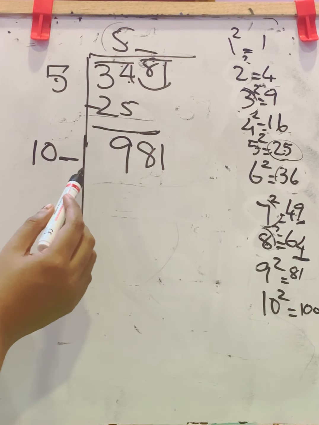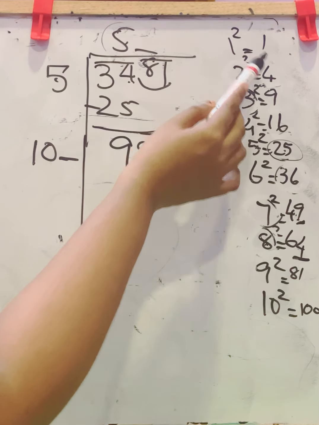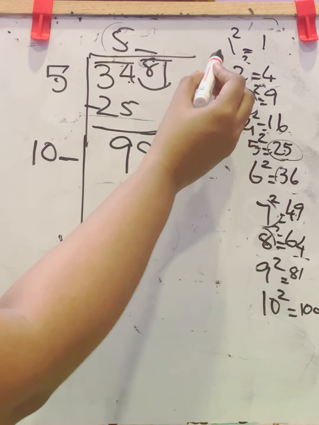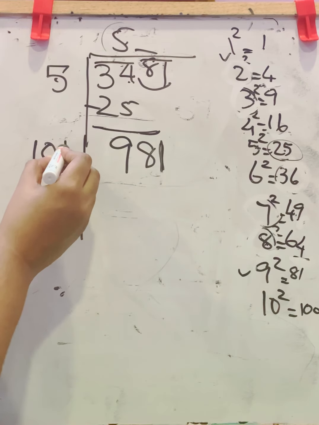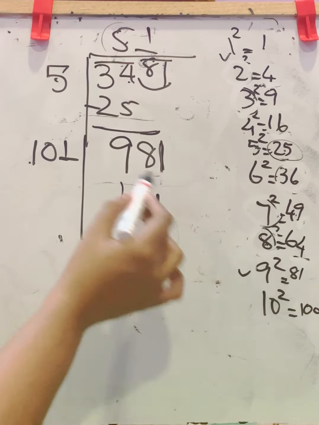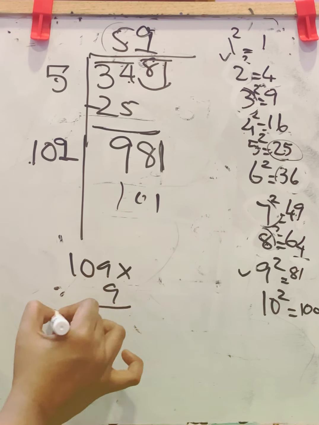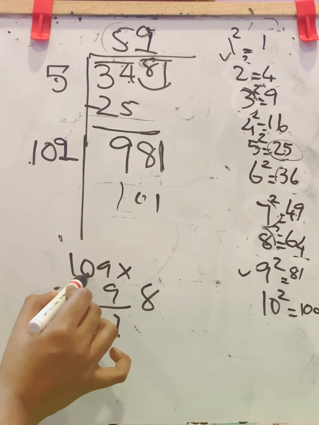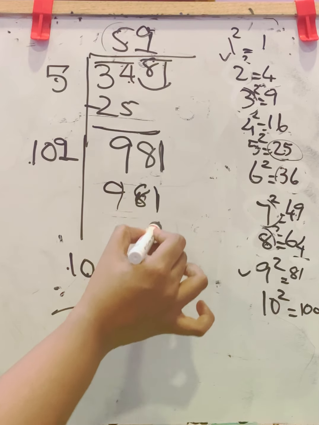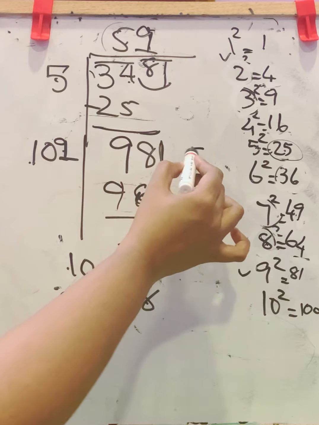Now put a dash here. Here also one dash. Now check, 1 is in its ending digit. So here which are the possible cases to get 1? This one and this one. That is 1 and 9. So we will first put 1 and 1. 101 into 1 is 101. No. Next is 9. 109 into 9. 9 9s are 81. Balance 8. 9 zeros are 0 plus 8, 8. 9 1s are 9. 981. 0. So this is the number. And the square root of 3481 is 59.